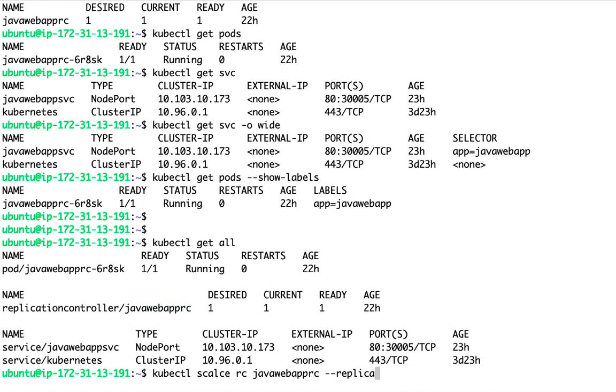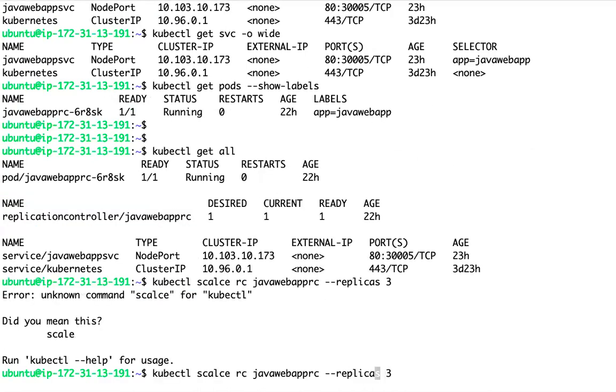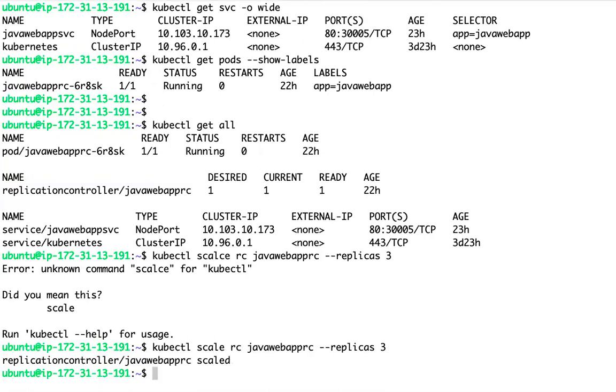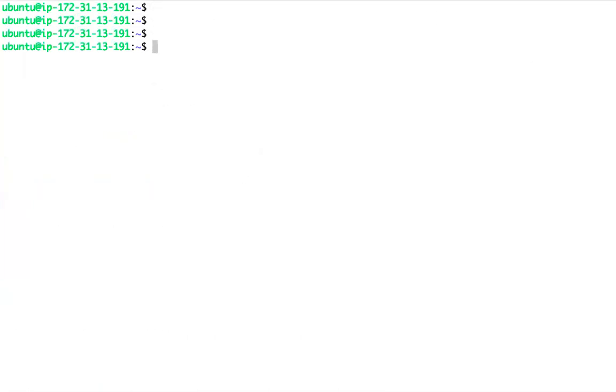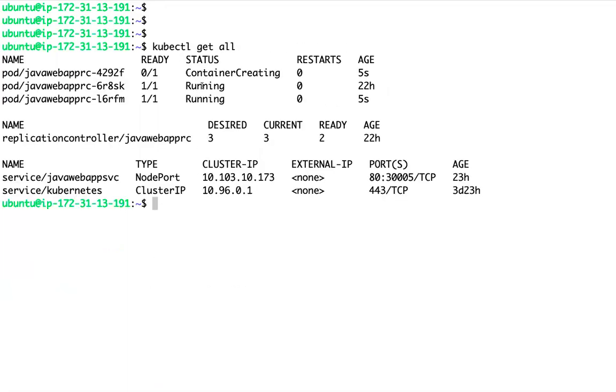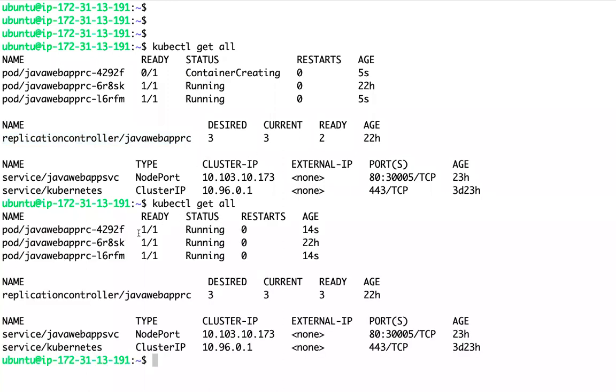Then --replicas, something like 2, 3, whatever it is. So if you see now, we are scaling. This replication controller now has 3 pods.